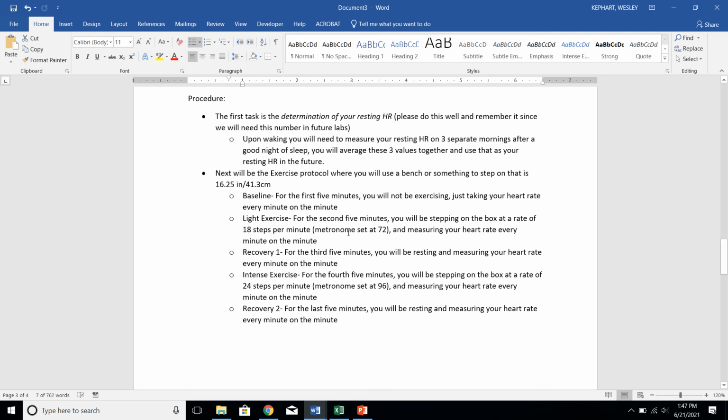Then after that, you're going to turn on your metronome, which of course you can just use a computer for, or your phone, whatever you want to use for a metronome, just something that clicks on time and that you can set the beats per minute. But for the first light exercise, this needs to be 18 steps per minute, and you'll get to see this in the video. So I set the metronome to 72 because we multiply that by 4,